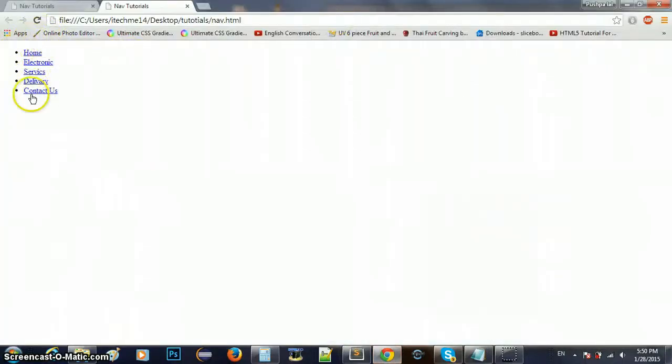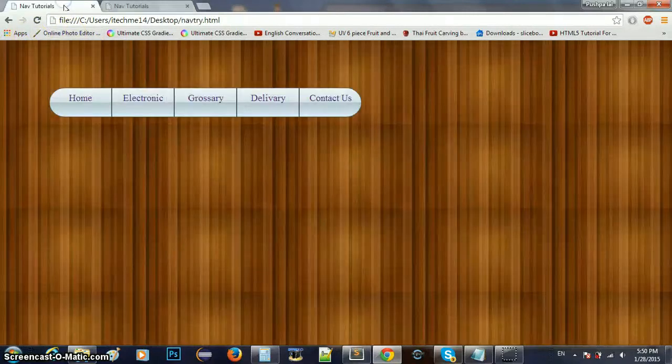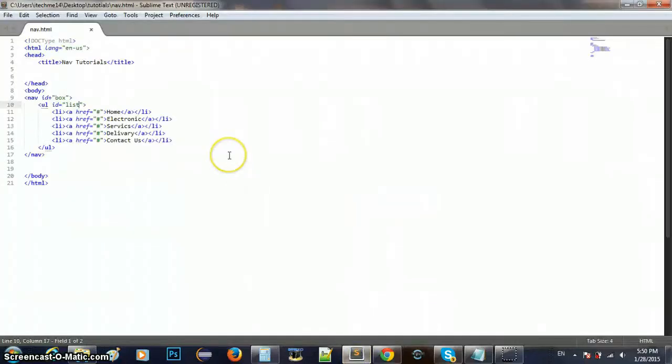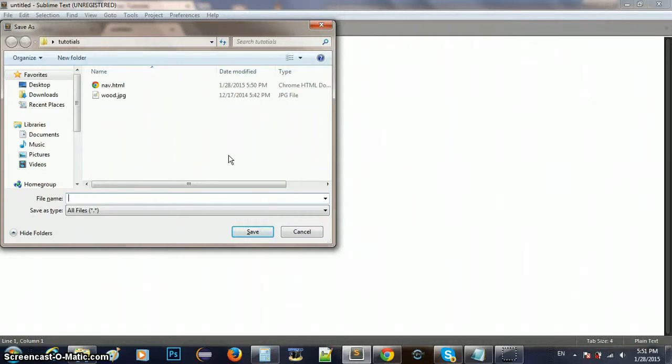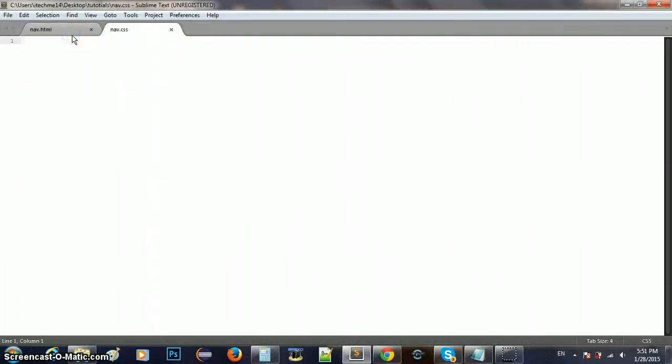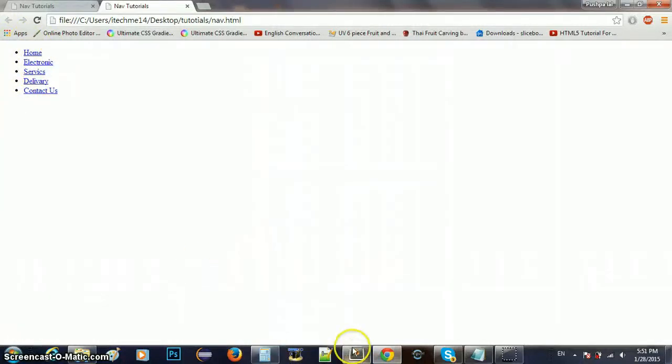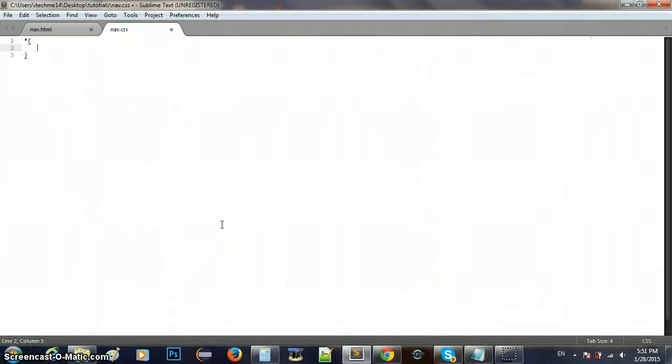So we have this image, this list of nav here, and the previous one looks like this. So let's open Sublime Text and create new. This one is for our CSS, which will be nav.css, and we will save in CSS format. So first of all, we will clear the margin and padding around here. Margin 0 pixel, and then padding will be 0 pixel, let's save it